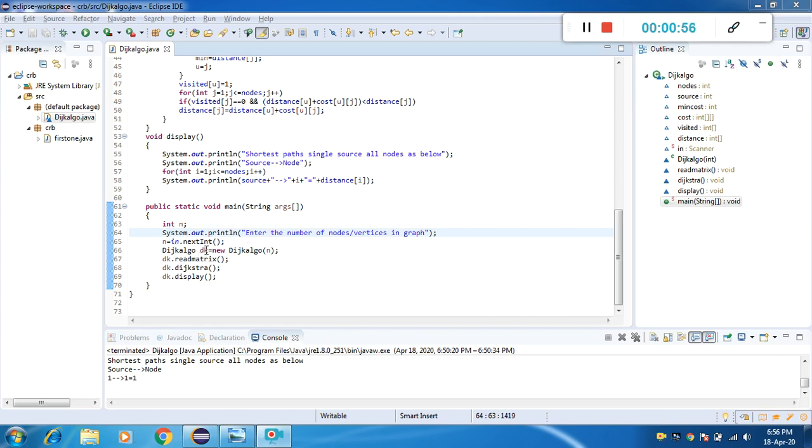Next, create one object dk for the class DijkstraAlgorithm as DijkstraAlgorithm dk = new DijkstraAlgorithm with the number of nodes as n.